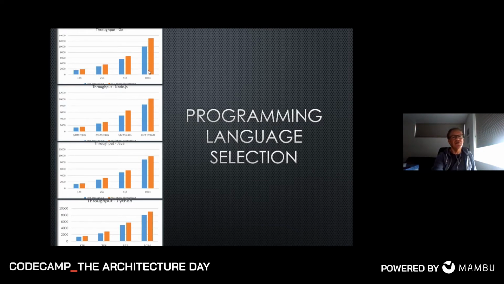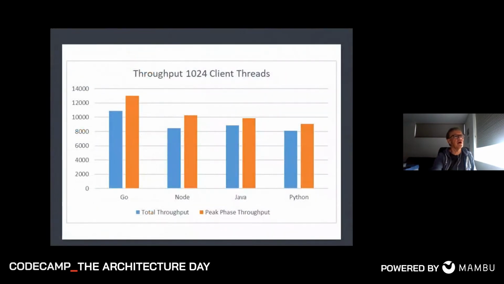And so you can see the throughputs are kind of interesting. Go has a peak here of about 12,000, 13,000 requests per second. Node is more like 1,000, as is Java, and Python's a little bit slower. So let's do a bit more of a direct comparison. It's a peak load, so just during that peak phase, where most of the requests are sent, you see that in reality Go is performing considerably faster than Node, Python. Node and Java, very little in it, and Python reasonably slower compared to the others. So this is just programming language.